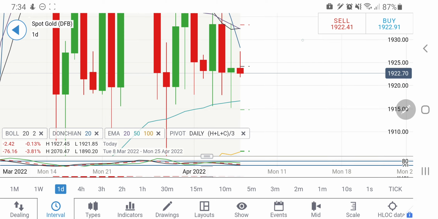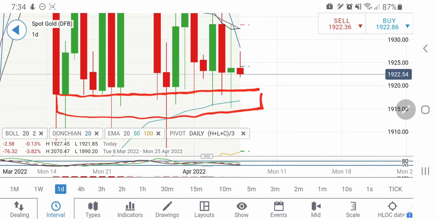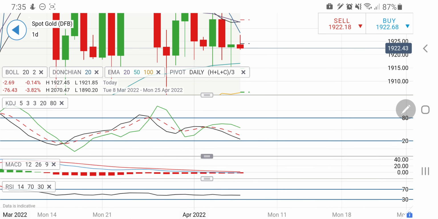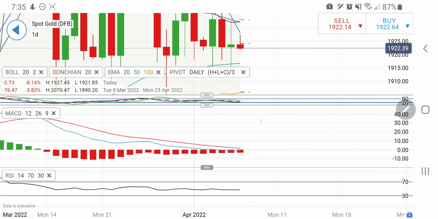At the same time, on the downside, if you see it trading below this zone at 1918, and rather I will say below 1918, there is also a strong support at 1915. You can see here this is a 50 period exponential moving average and then the pivot at around 1915. So these two levels between 1917 and 1915 are important. If it trades below 1915, then it's a definitive short and we can expect that it is going to drop further. Daily stochastic looking downwards here. MACD is trying to converge but still on the sell side right now, and RSI not showing any signs there.